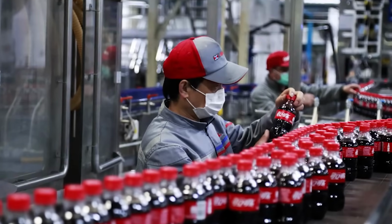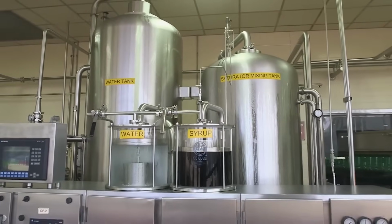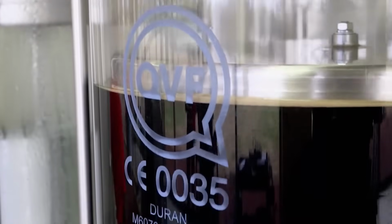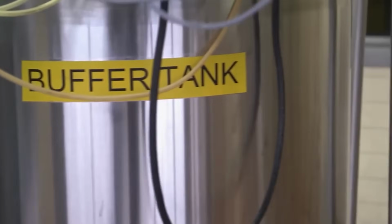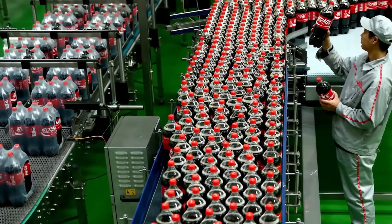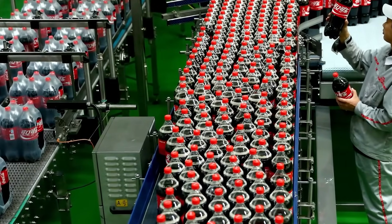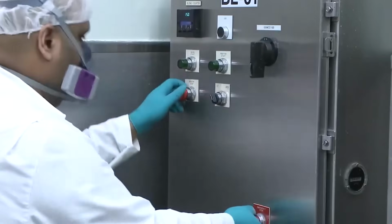Sensory evaluation is another critical aspect of quality control. A panel of trained taste testers, known as a sensory panel, is responsible for conducting blind taste tests to ensure that each batch of Cherry Coca-Cola matches the expected flavor profile. These experts are highly trained to detect even the slightest differences in sweetness, acidity, carbonation, and cherry flavor intensity. They compare samples from the production line with reference samples from previous batches, ensuring that the taste remains uniform across all locations. If any inconsistencies are detected, adjustments are made to the formulation or processing parameters before the product is